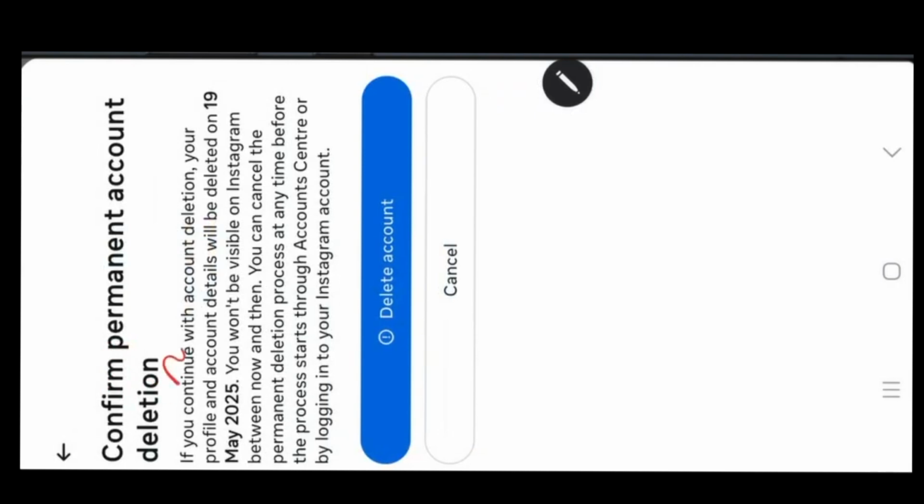And then after that, for 1 month, if I do not log into my account, it's going to permanently delete my account forever. The timeline it will give you is, for example, 1 month after a date. And if you do not log in,